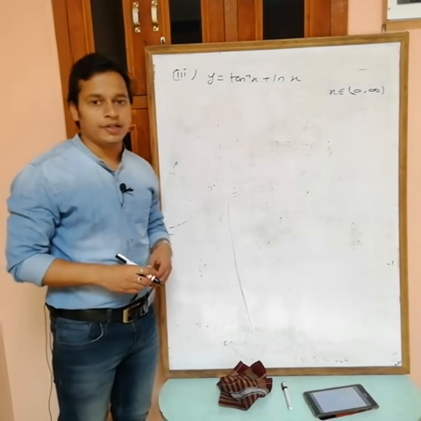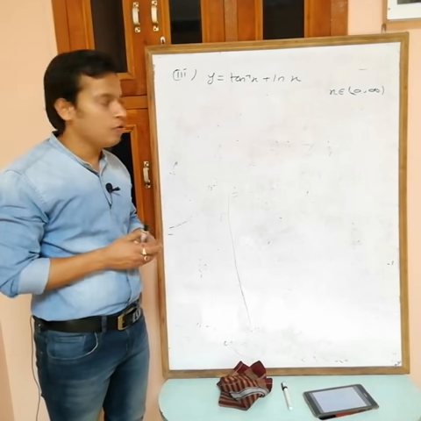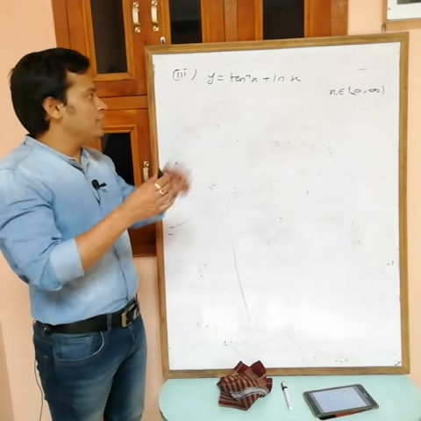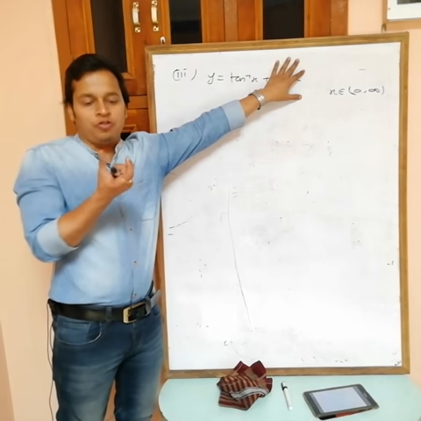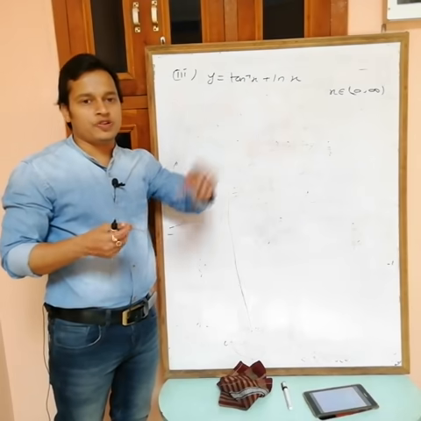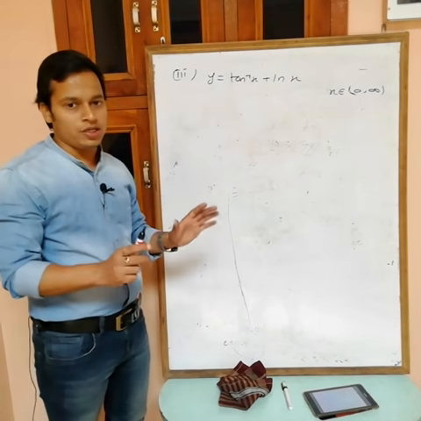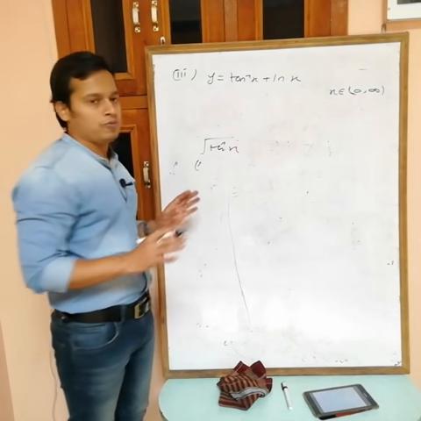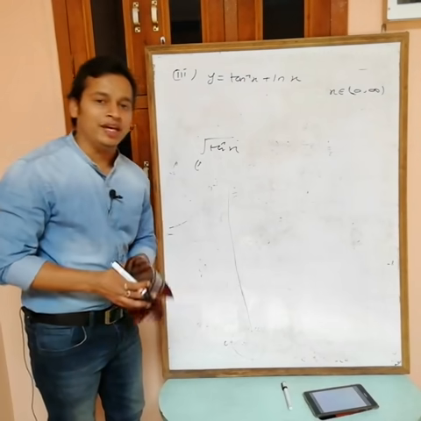Now what do you want? Range. Okay, range means minimum value of y to maximum value of y. And I can't start from inside to outside. Actually, if there is only one function, tan inverse, not logarithm, then I can start from x. But here we have one function plus another function, so how can we start inside to outside? For a composite function it is okay, root of tan inverse x, e power tan inverse x, also no problem. But what about the sum of these two? Then we can't start.